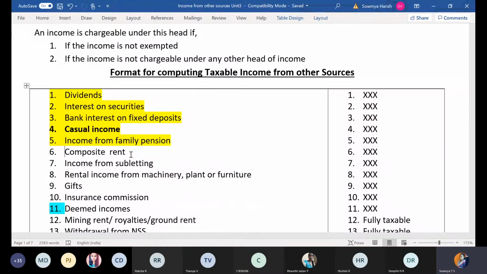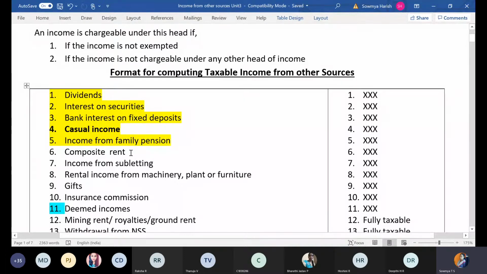See, if it is rent for the house property, we know where to show that income, whatever rent you are receiving for the house property. But the rent you are receiving for the facilities, you cannot take under house property. So that will be taken under the head income from other sources. If you are able to identify and differentiate between the rent for the house and the charge for the facilities, then rent for the house is taken under the head income from house property and the charge for the facilities is taken under the head income from other sources.